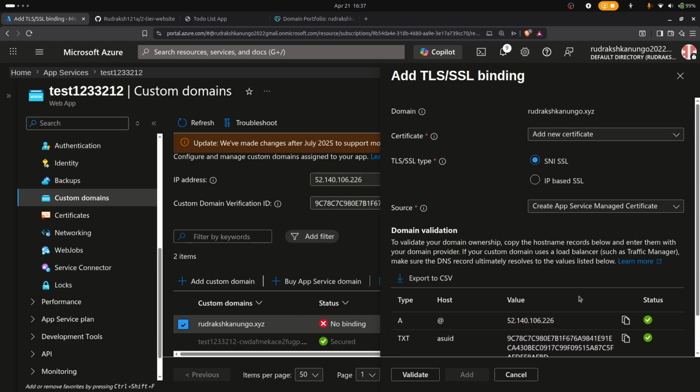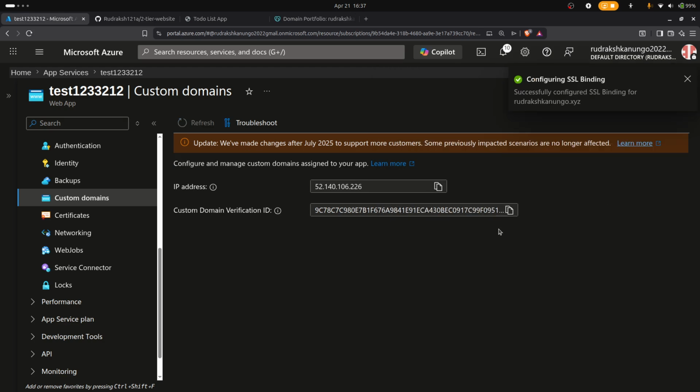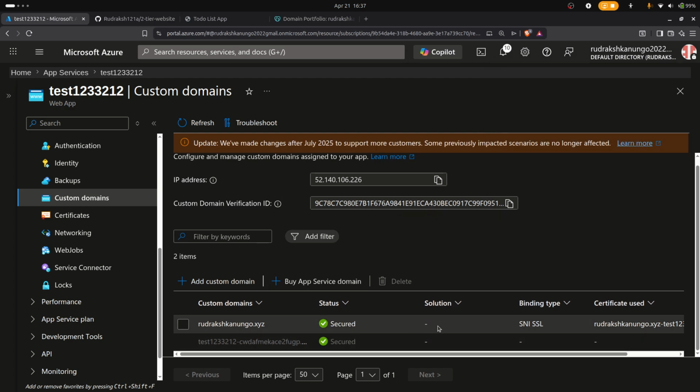After that it will give you. I have already created it, so I added my own domain, so I don't need to rebuild. After that it will be secure and connected. So yeah, my domain is connected,